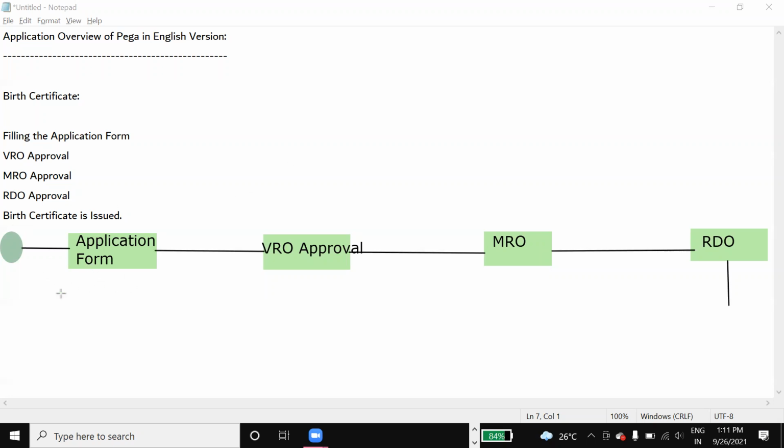Okay, so here what the citizen will do is the citizen will log in. The citizen, whoever has the access, will visit the relevant website. We are going to share the link for the application, and he will log in and fill the application form.